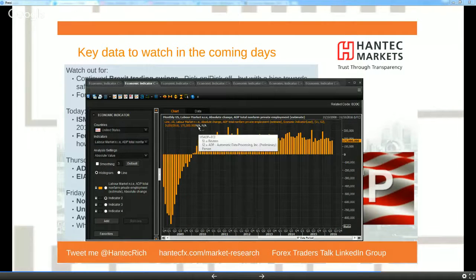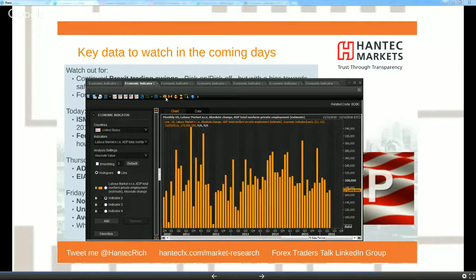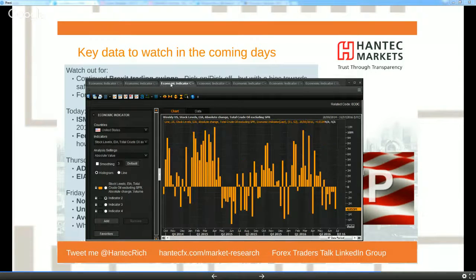You've got the ADP employment report. Didn't do a great job last month of calling the 38,000 on non-farm payrolls, but still the expectation is around about 165, I think it is, which is around about where the payrolls expectation is this month. Weekly oil inventories tomorrow, actually, because we had a public holiday on Monday. There has been an oil inventory drawdown in the last, what was that, 6 weeks. It's expected to be another one.